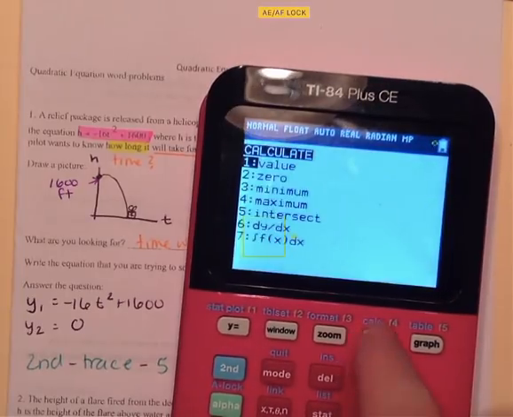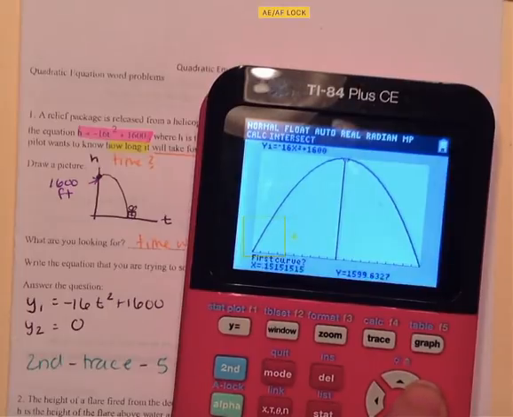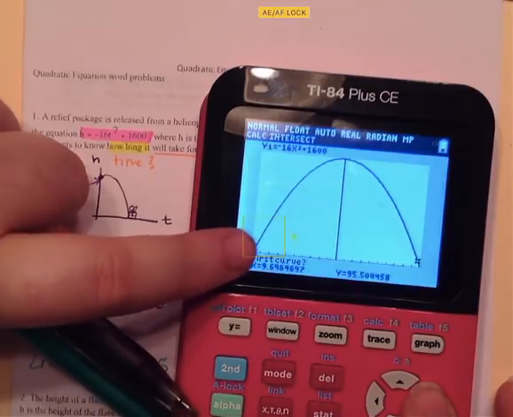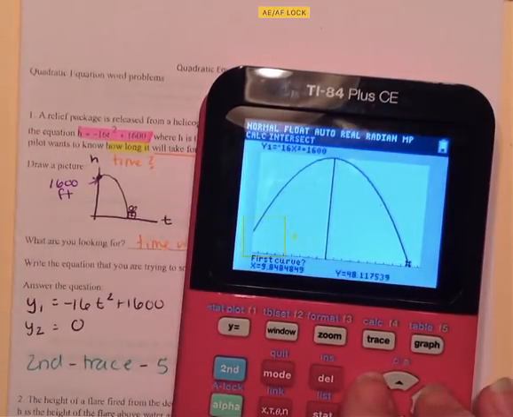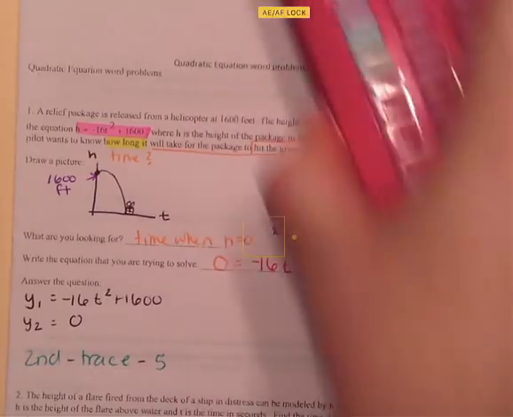So second trace, we want 5. I want to go down to here, so I'm going to press right. Now the reason we don't want to know this one is because that's a negative time. We know that our time cannot be negative. We're going to press enter, enter, enter. And our intersection is at x equals 10, and our y is 0. So x equals 10